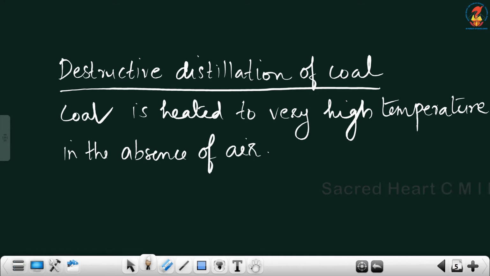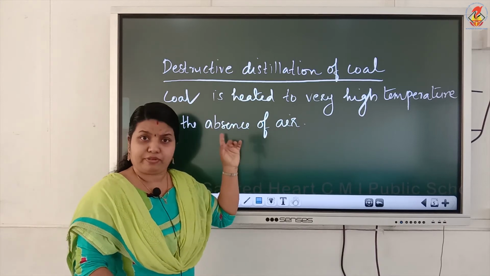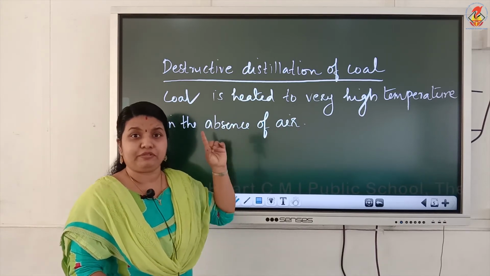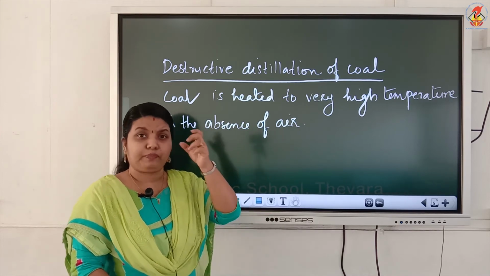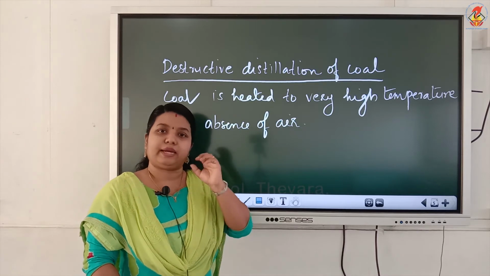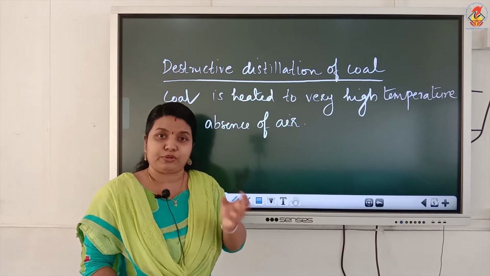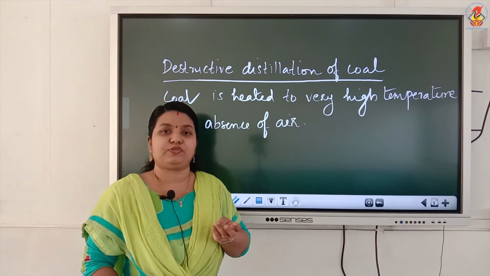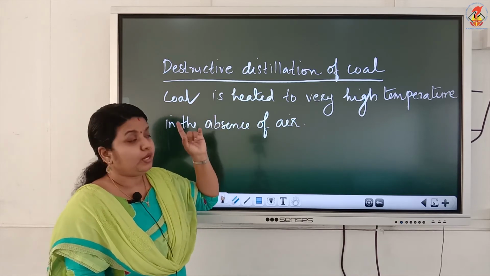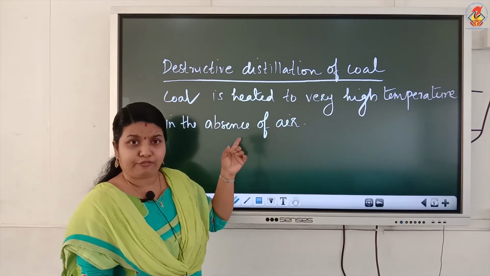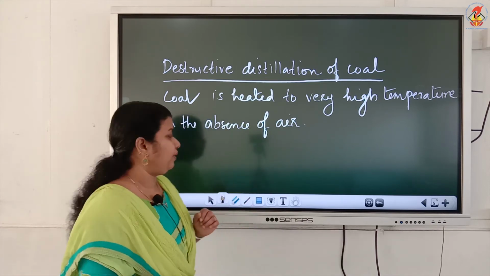So, very important, this is a process in which coal is heated to a very high temperature in the absence of air. We call the process destructive distillation of coal. Coal contains certain useful chemical substances. In order to convert coal into those useful substances, it is subjected to destructive distillation, where it is heated to a very high temperature in the absence of air. And the products obtained as a result of destructive distillation of coal are